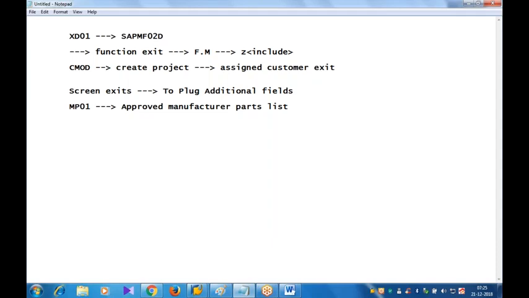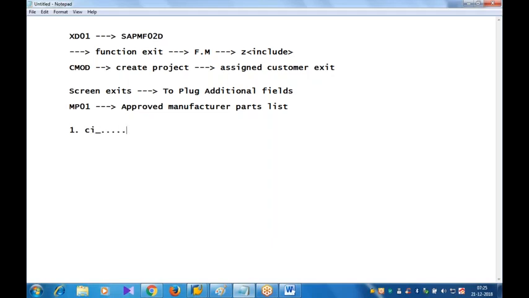One way is to check whether that particular standard table contains a customer include. Some of the standard tables may contain some includes starting with